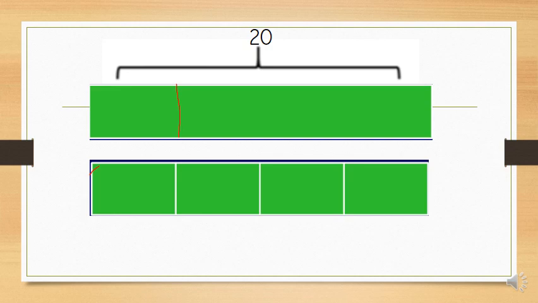So we want to find 1/4 of 20. We don't know what this is at the moment, so let's write that as a number sentence. Something equals 20